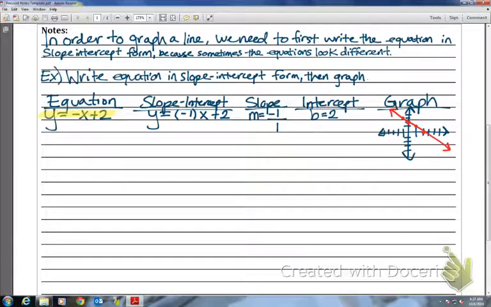All you have to do is look at the equation. Automatically, you know what the y-intercept is. It was 2. Automatically, you know what the slope is, negative 1 over 1, and you can just put it on your graph. So easy. All right, let's look at the next one. So our next equation